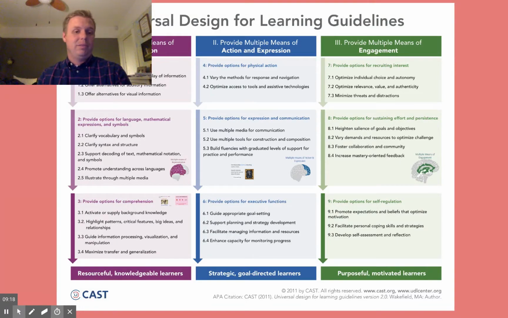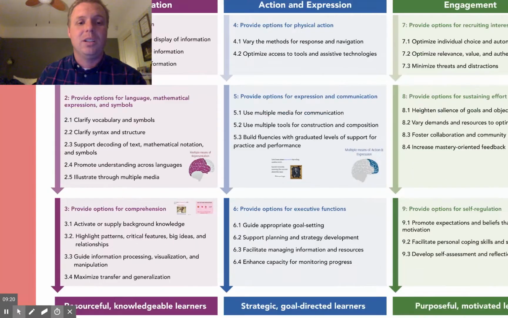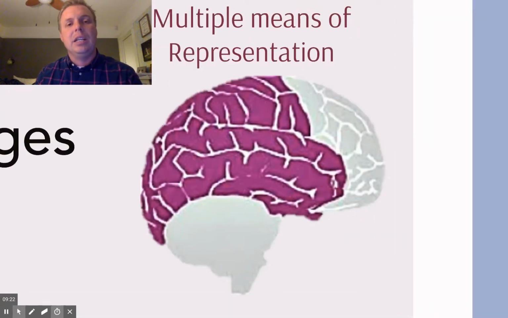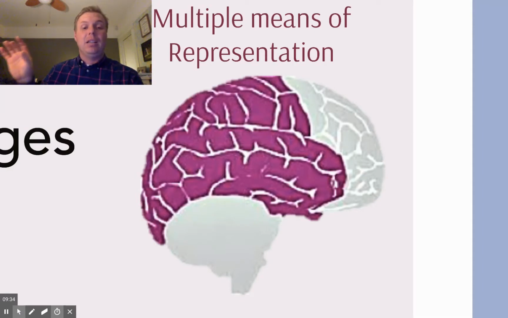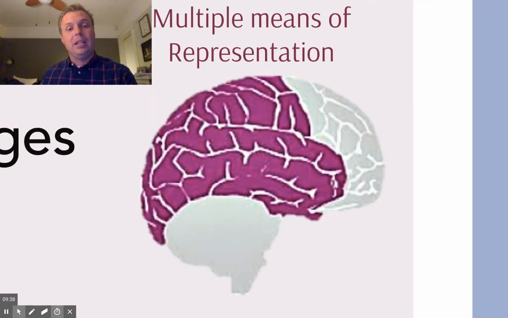The next principle, well, technically it is a network too, because we're going to look at a network of the brain, is around recognition, and it's the representation network of our brains. So our brains like to have things represented in different ways so that we can connect as many concepts together as we can. That's why we love things like stories. We love analogies. We love songs that tell us history. We love